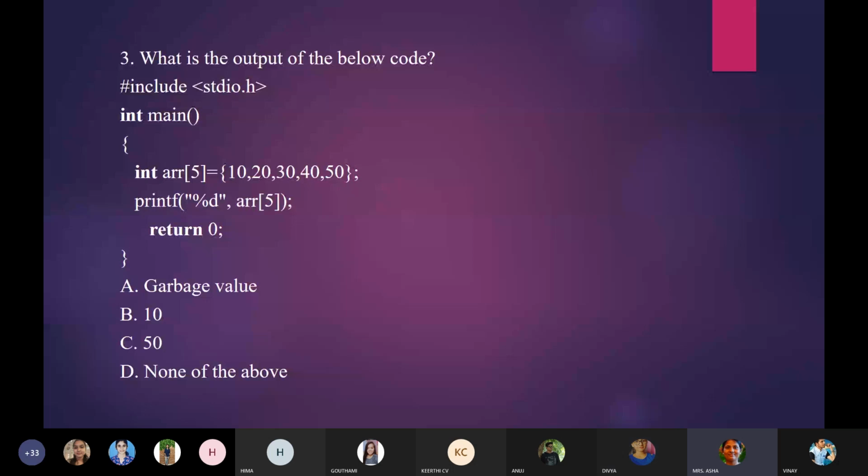Yes. Okay. Nagachandran, let me compile. Wait. Nagachandran, did you leave the meeting? You are there, no?